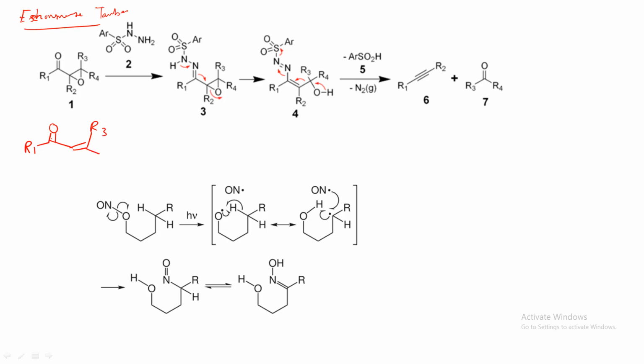Let's say this kind of alpha-beta unsaturated carbonyl compound can be easily made. You can also form it by an aldol condensation type reaction. So from here to here, how can we do that? For this kind of regioselective epoxidation reaction, we need these particular conditions, H2O2 and NaOH,